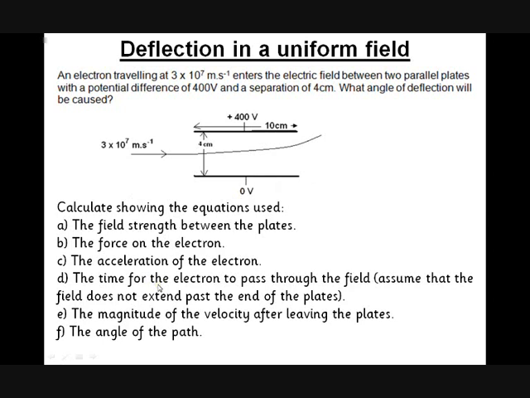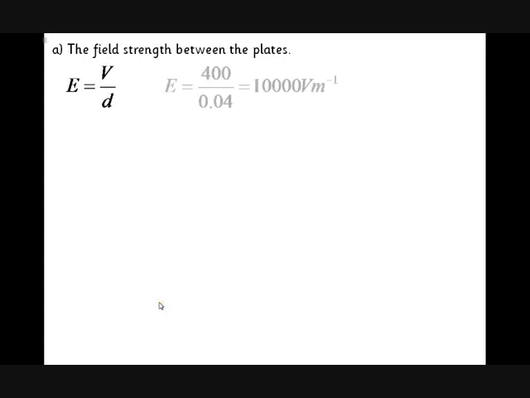The field strength, the force on the electron, the acceleration of the electron, the time to pass through the field, and the magnitude of the velocity and the angle of the path once it leaves the plates. Okay, if we go through it step by step. Field strength between the plates, easy calculation, E equals V over d, 400 volts, 4 centimetres, gives us 10,000 volts